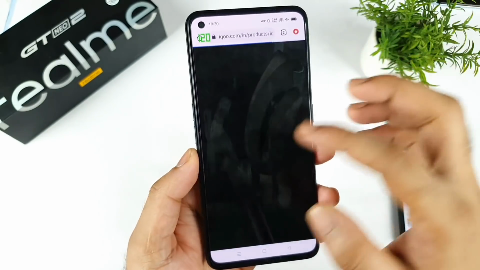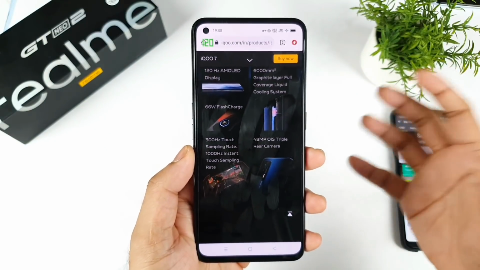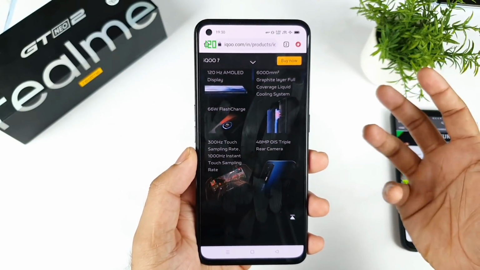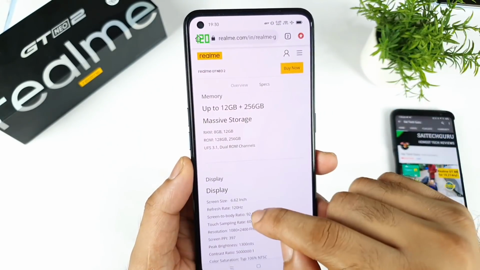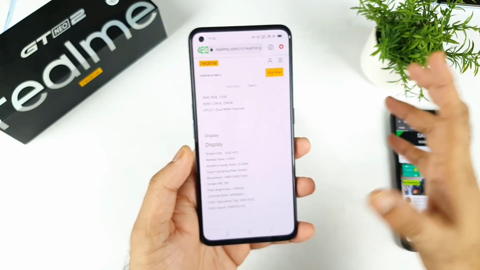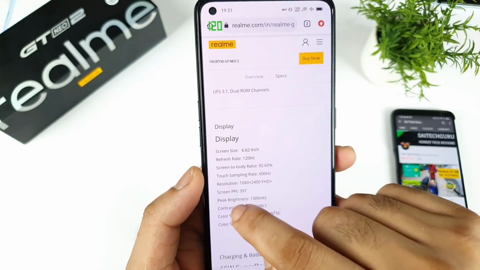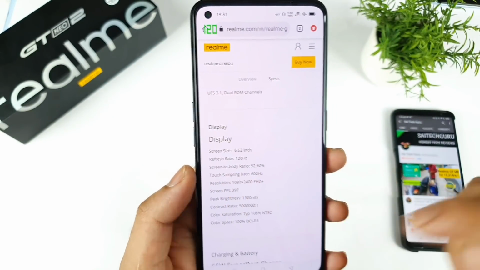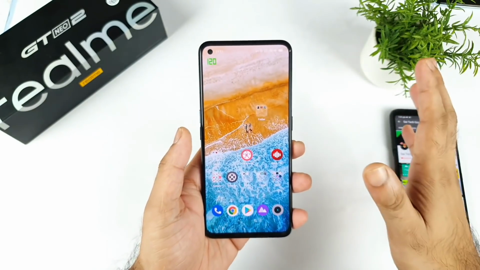So that's a lot of confusion, friends, not only for me, it's really misleading for me as well. Even I thought the phone has got 600 Hz, but it's not 600 Hz. On the iQOO website, they did mention it clearly separated, as you can see. Why can't Realme do it like this? That's another thing regarding the display. In the brightness, they did mention peak brightness. You can see clearly, peak brightness. They should have mentioned the same thing, instant or peak touch sampling rate, but they did not do that. I was unable to get that.